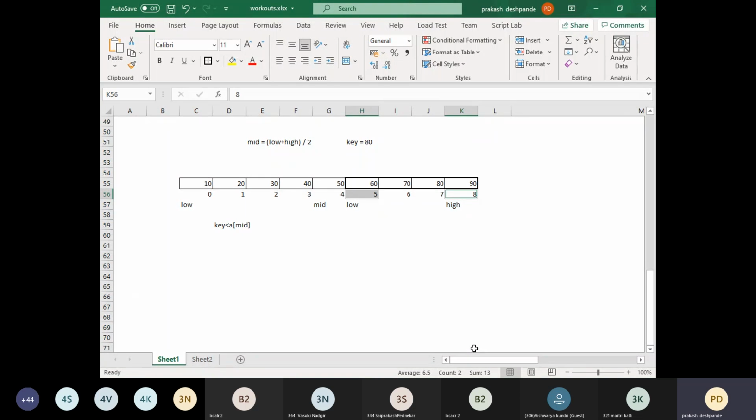It is an integer value, not a fractional value. How much do I get? 6. It is 6.5, but we will only consider the integral part, so we get 6. So our new value of mid is not 4 now; the mid is going to be this case.